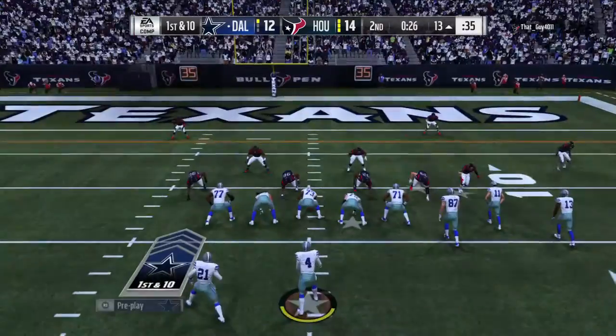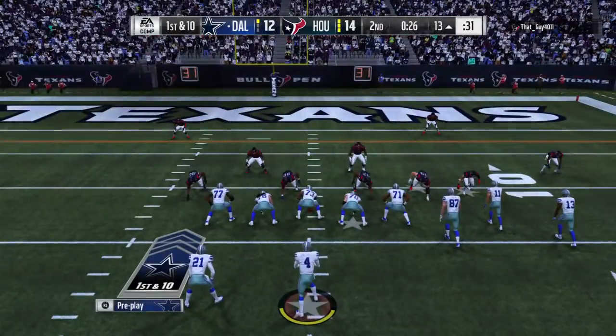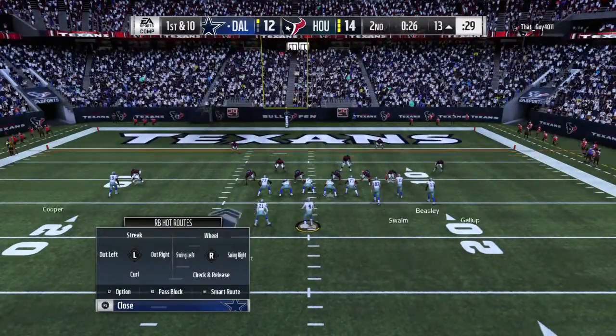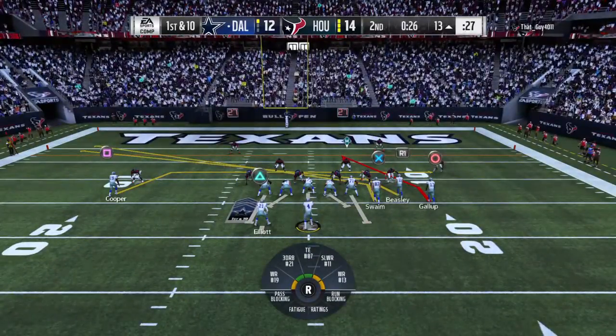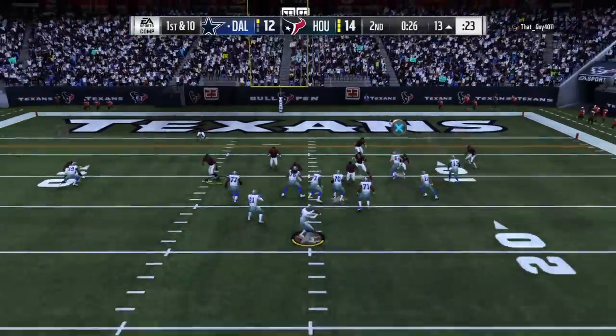Here we go, 47. Here we go, 46. Gun. It's going to be a long...